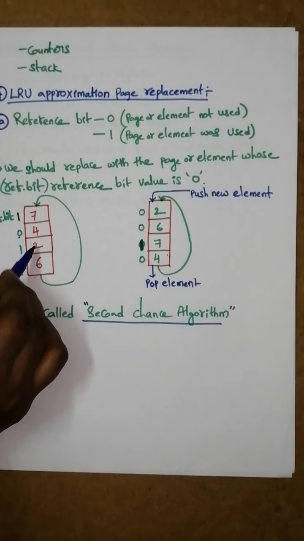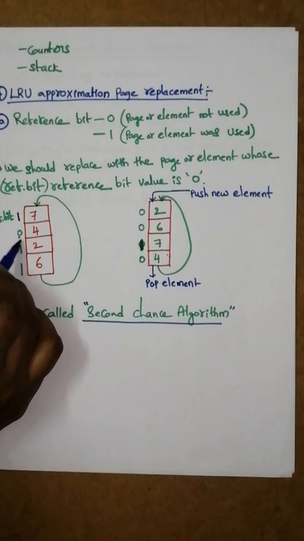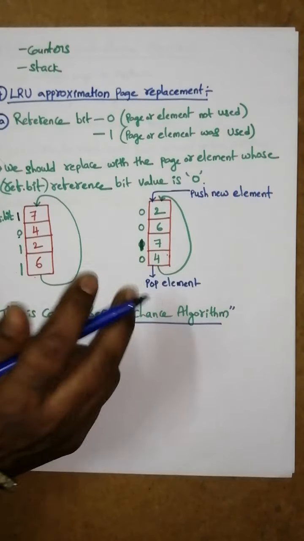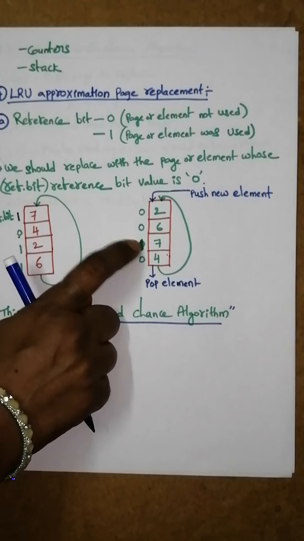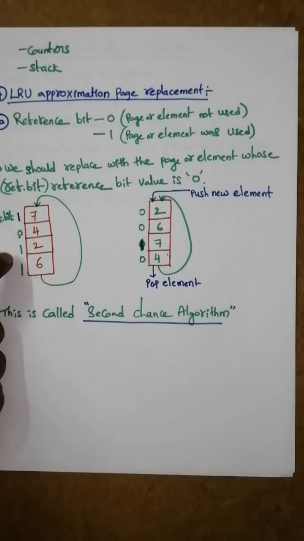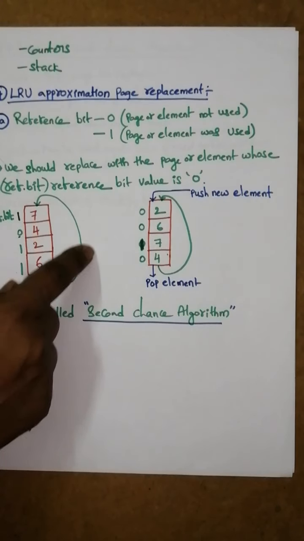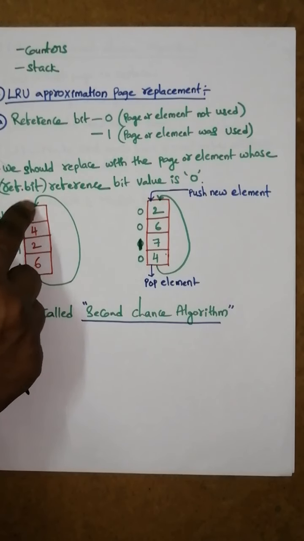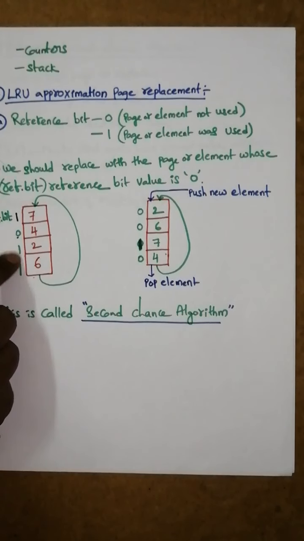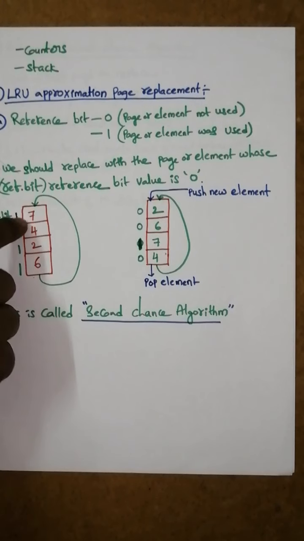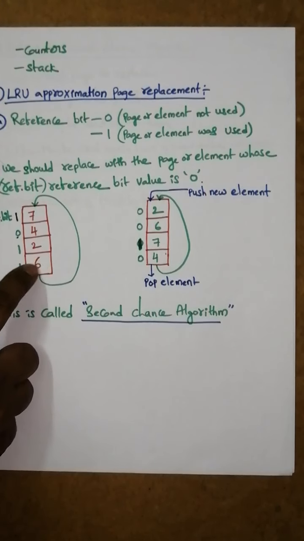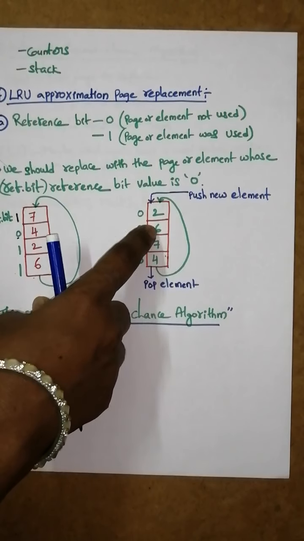Now if 6 and then 2 will go up, the last one will become now 4. So your queue will become like this. 4 will be here, above that 7, above that 6, and above that 2. If you observe, 2 and 6 values are now changed to 0 and 0 because they are moved to the top, the other end of the queue, and they are given the second chance. That's why their values are 0 now. Otherwise they could be removed immediately because this is the last element of the queue, but instead of removing immediately, it is given a second chance, so it is going to the other end of the queue.